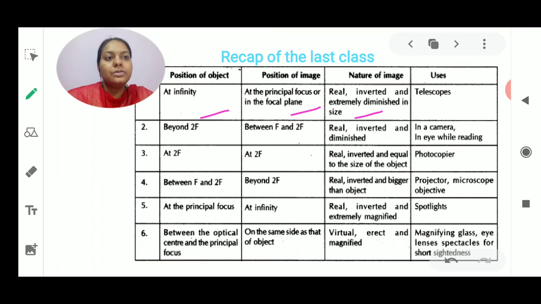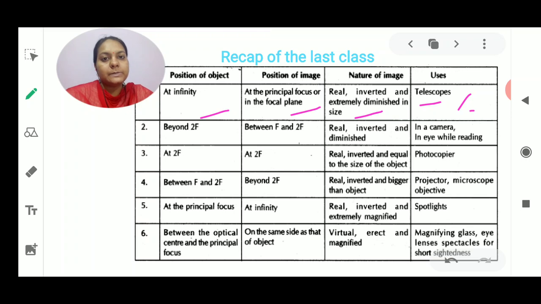And what is the use of this fact, that if the object is at infinity, where can we use it? We can look at objects present in space, which is useful in telescopes, where a combination of lenses is used for obtaining images from space. Fine, we can see the objects present at infinity.